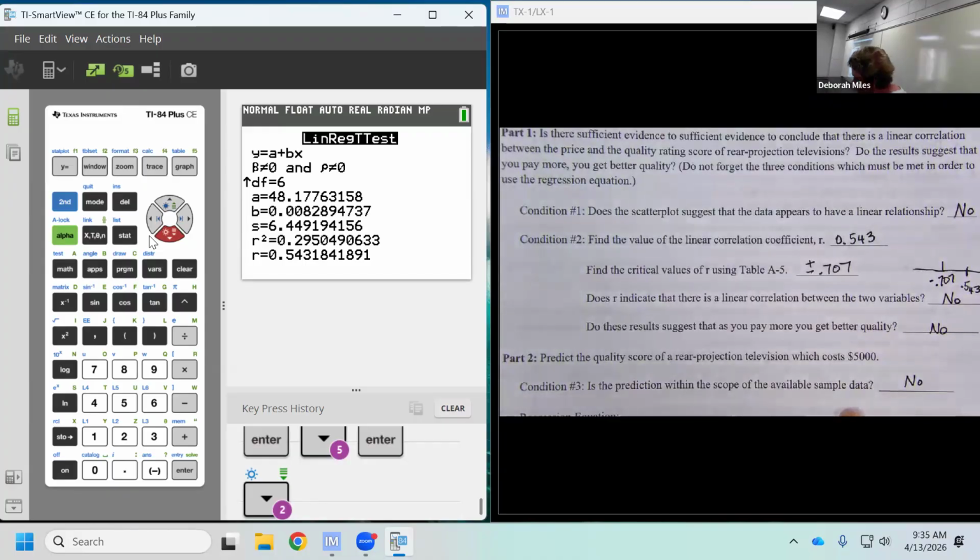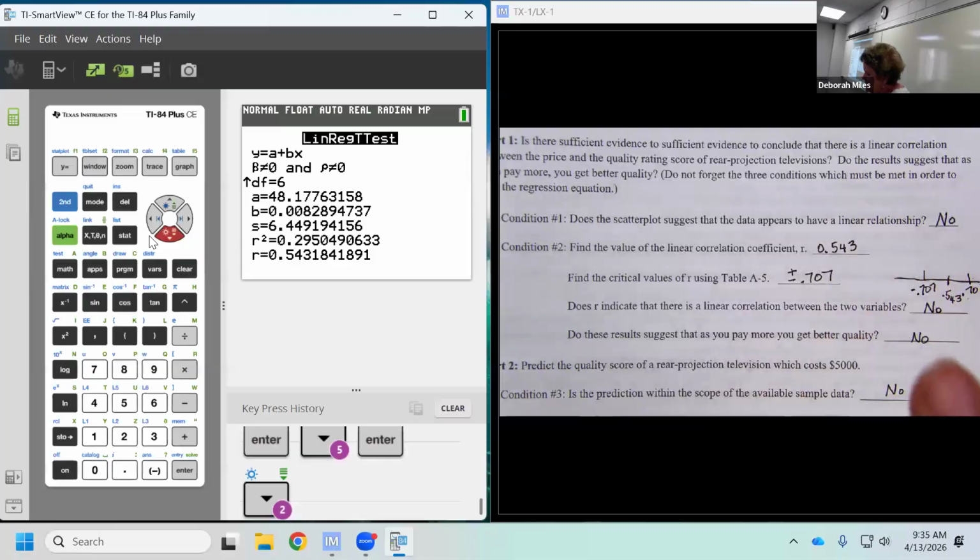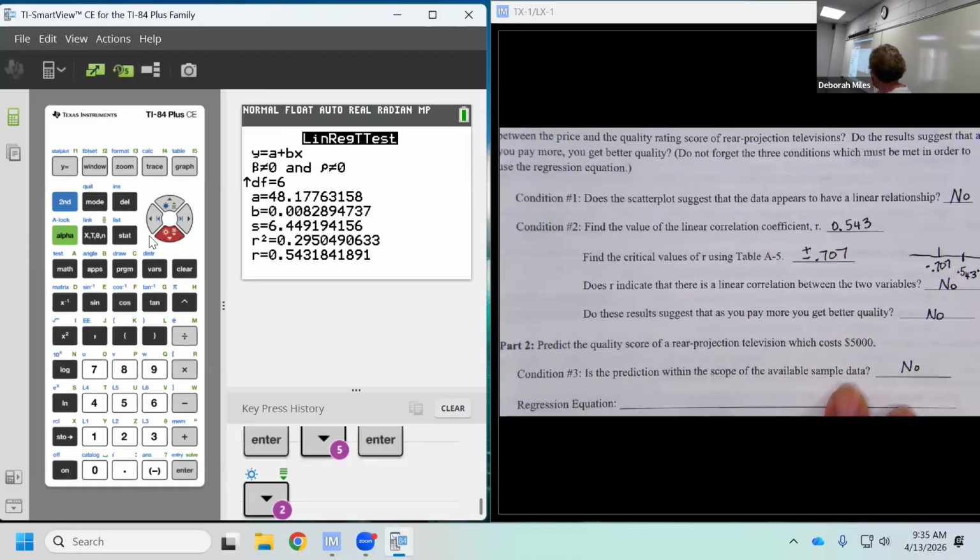Even though the scatter plot didn't look like there was a linear correlation, and the R value confirmed that there's not a linear correlation, and our prediction is outside the scope of the data, will the calculator still give me a regression equation? Yes, it will. But will I use it? No, I won't. That's the most common mistake on the homework: just always taking whatever they give you and plugging it into the regression equation without asking yourself, are the 3